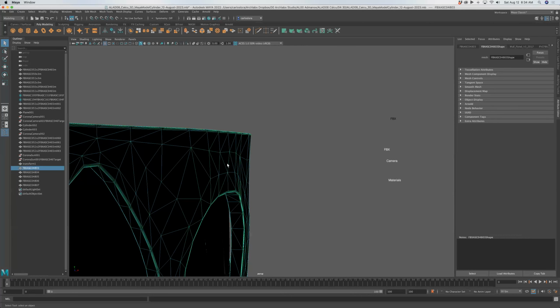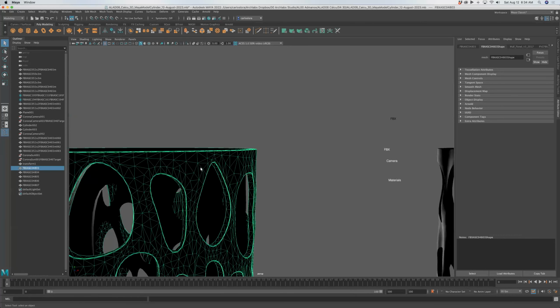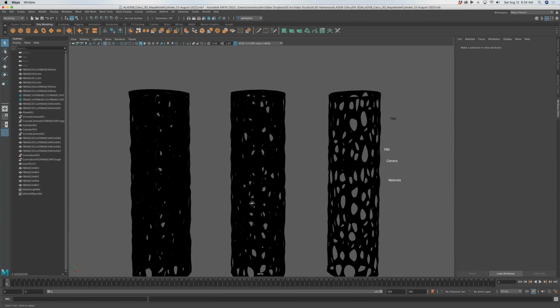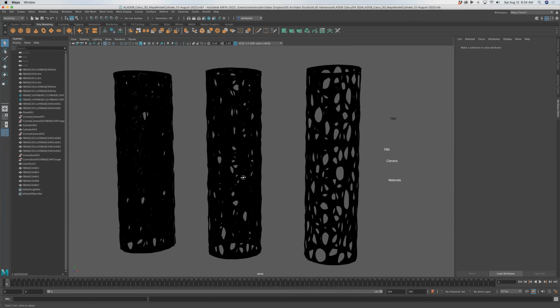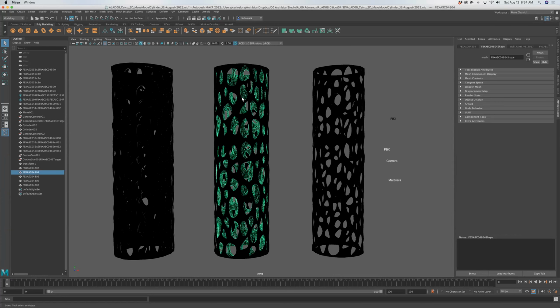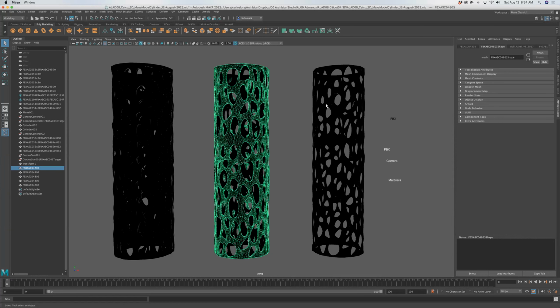And when the normals are facing inwards, Maya displays it as black. And so you can identify that there's an issue with this geometry. So what we need to do is reverse the normals, right? And we do that